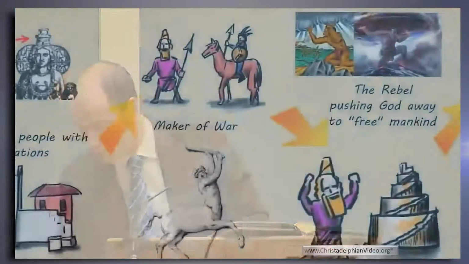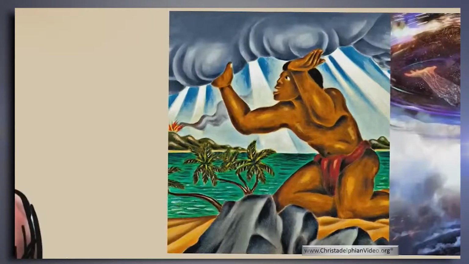Now, there's a Polynesian myth. What happens is all of these stories go all around the world. This is the other proof that this is one consistent system, is that you can find these same myths almost perfectly replicated with a few variations in almost all different cultures. Here's a picture, not the Disney version, of Maui. And he's actually doing something really interesting. He's pushing the sky away from the earth.